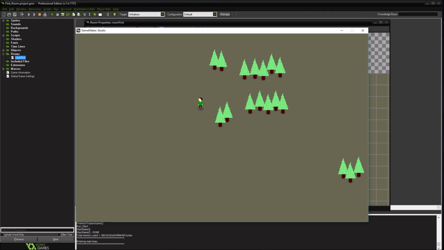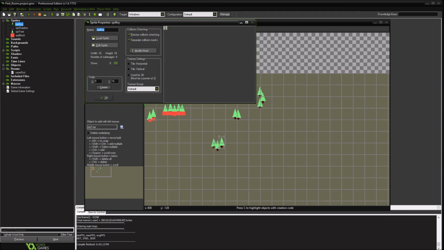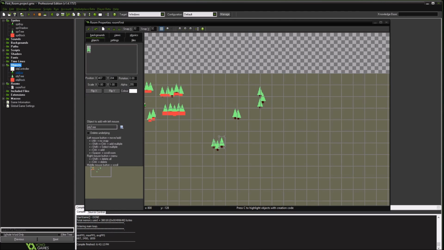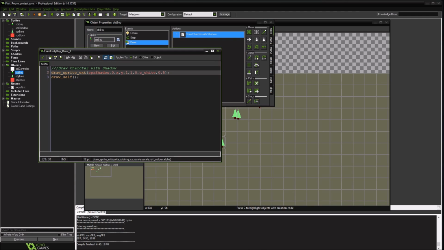So we added the character and added a shadow beneath him. And that's really just a quick and dirty shadow. If we want it to be a lot more exciting and useful, visually entertaining, I guess, we're going to make it a true character shadow. So we're going to go back to the boy object. And where before we were drawing his shadow here, let's just go ahead and comment that out for right now. We are going to redraw